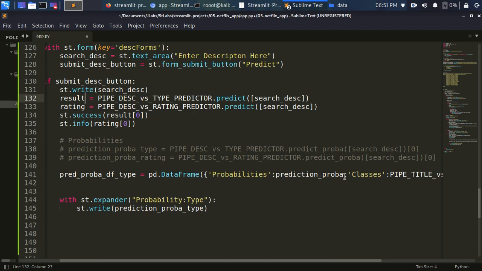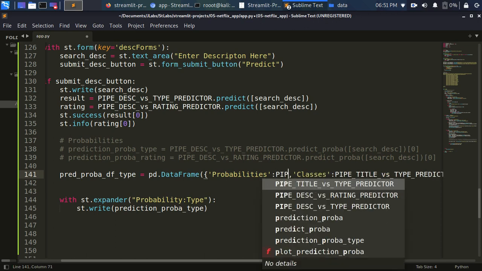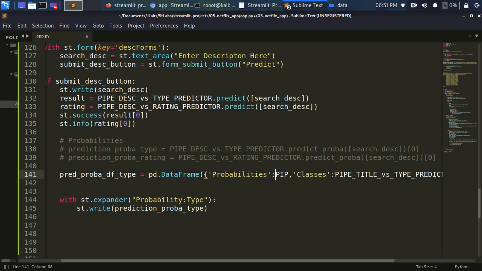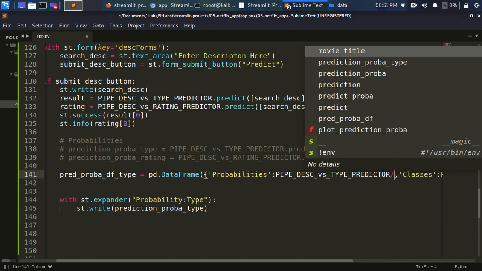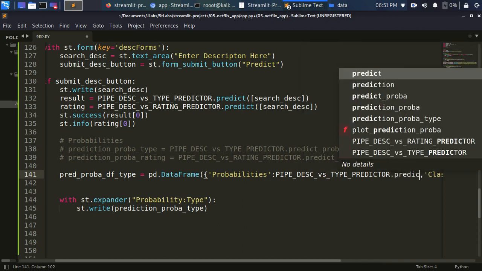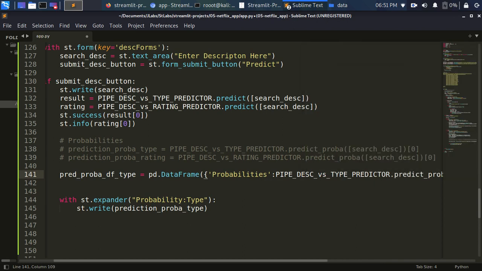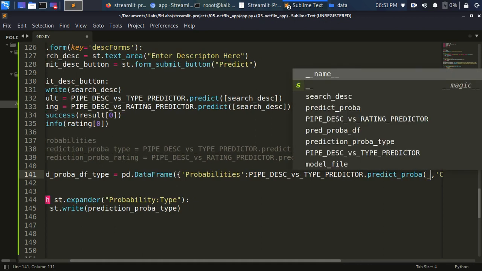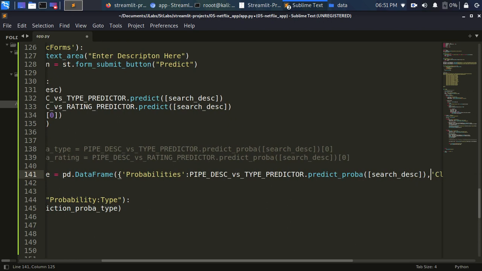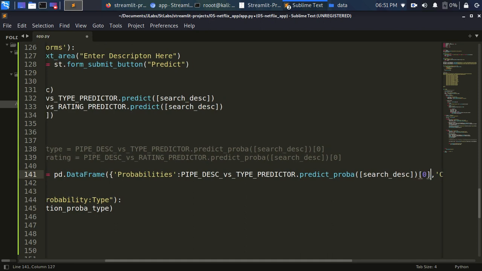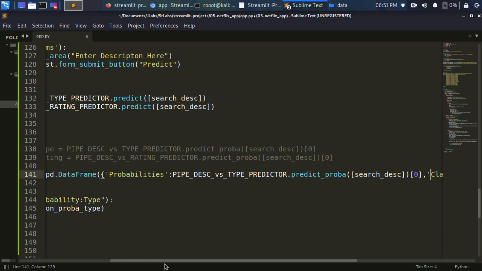So we want to just go back again and use the predict pipe, now description and a type dot predict proba. Now passing my result for the search term, search description, right? This is what's going to give us the first one, and then we must bring this one out